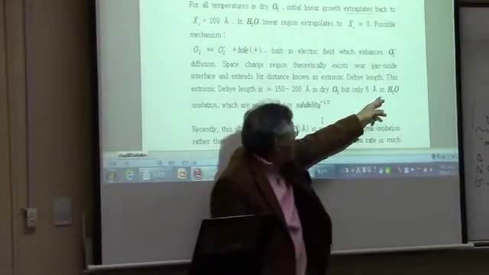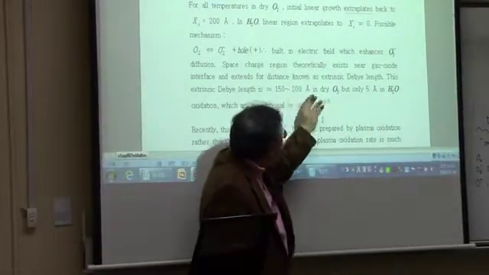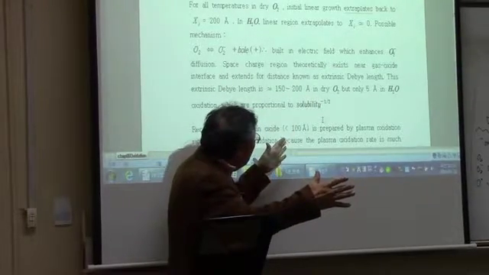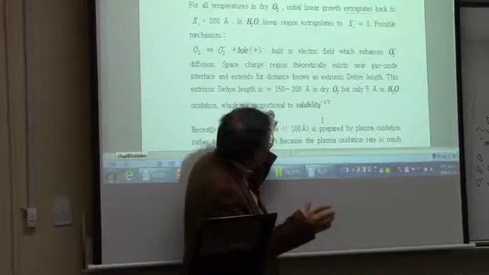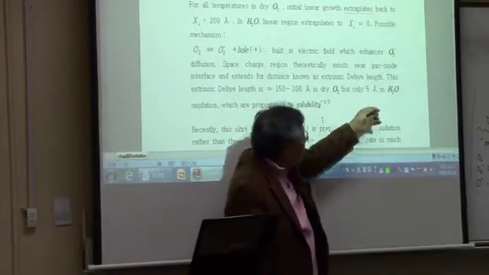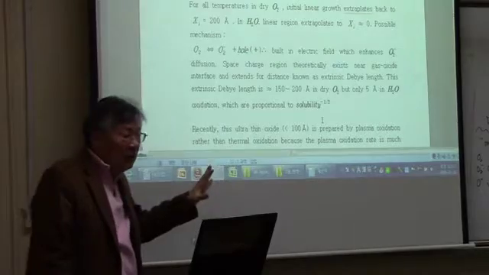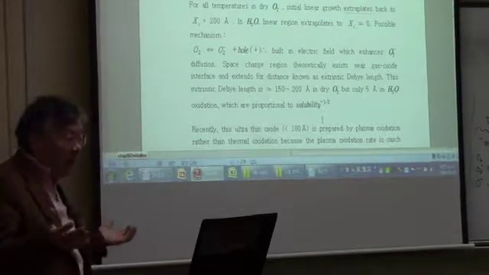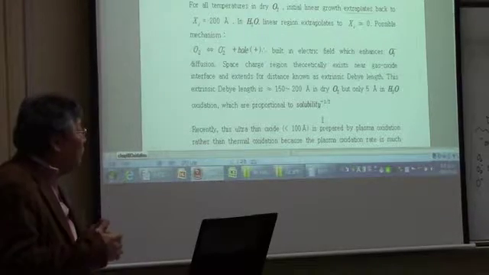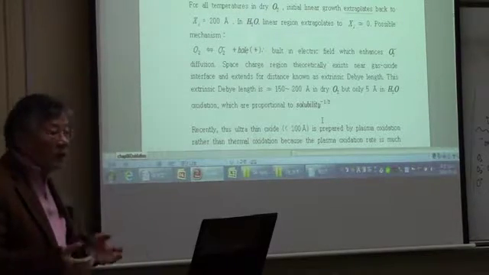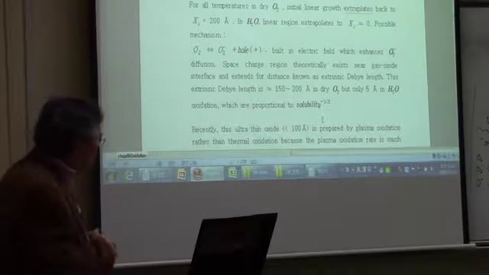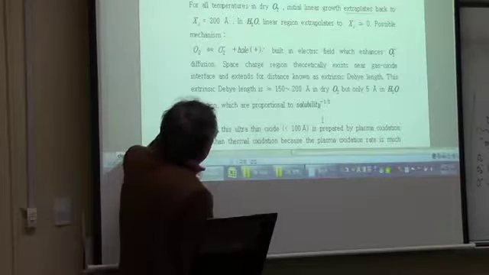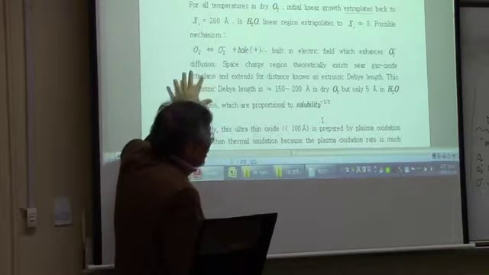But in a wet oxidation case, this incubation oxide thickness is corresponding to just 5 angstrom, which means in wet oxidation it doesn't have any incubation time for the oxidation, but in the dry oxidation it needs the incubation time for the oxidation, things like that, okay? And the reason here, it is not clearly